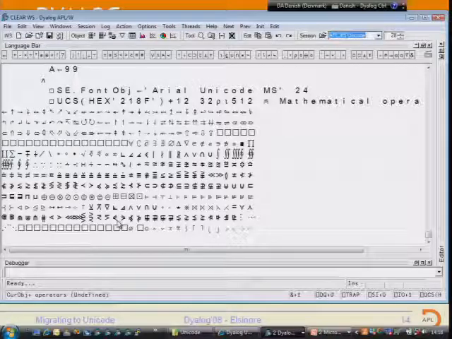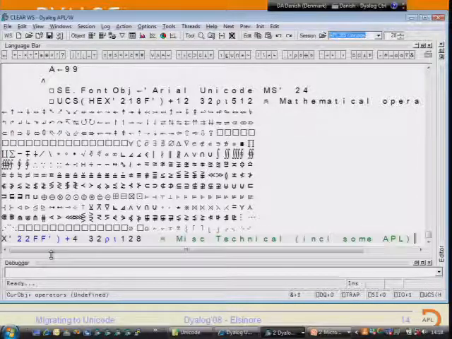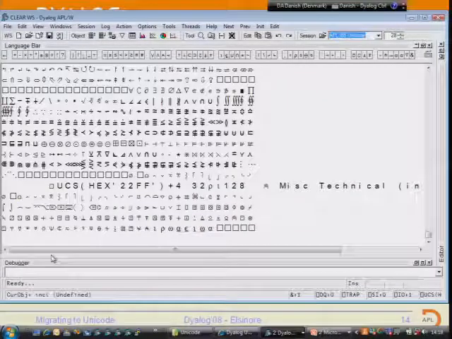Are those the actual APL? I think some of those are. The APL symbols are sort of scattered around the place. Some of them are mathematical operators, and so there are lots of those. In miscellaneous technical, there's also some APL here. See, there's, what is it, a fire hydrant. And there's the sharp APL stuff. I wonder if there's one with a dog.